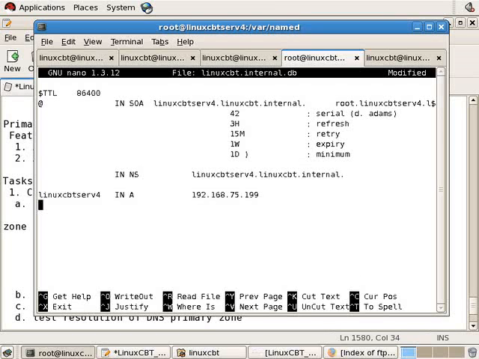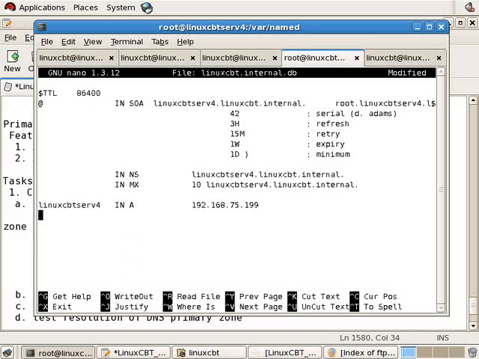If we also have a mail server, let's say that the primary server is the mail server. Its type is MX, and its priority is 10, followed by a full name of linuxcbtserve4, followed by the full name dot. And then below we define the hosts, including, and this is the first host defined, so we'll paste it, including the DNS server itself, as well as